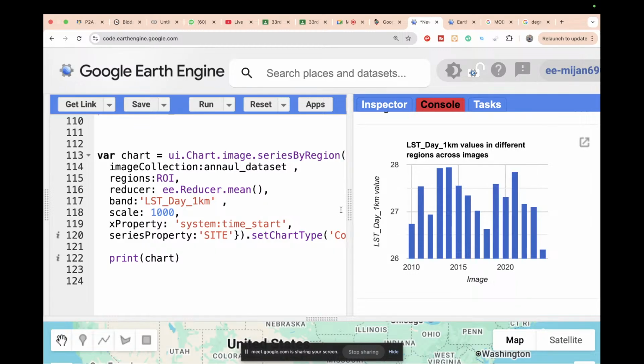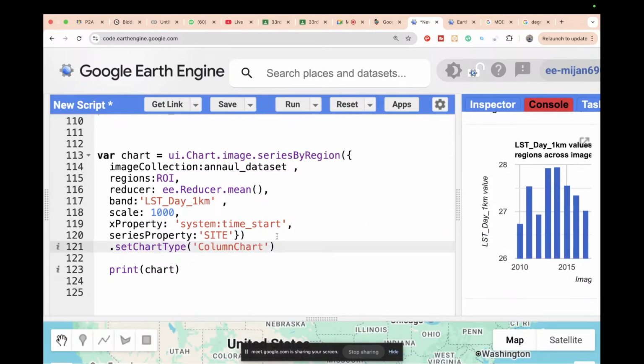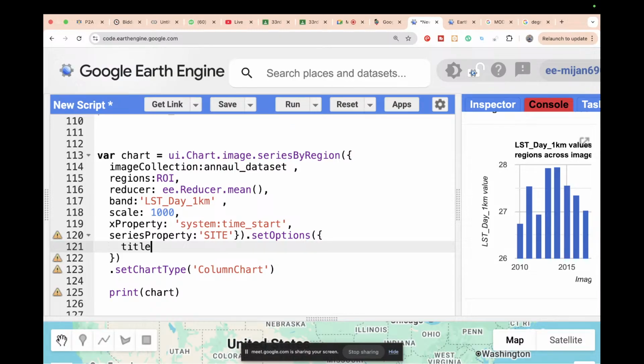So now, you want to add different types of things. Suppose I add some options. So for that, use here .setOptions and also put the title, suppose annual time series chart 2010 to